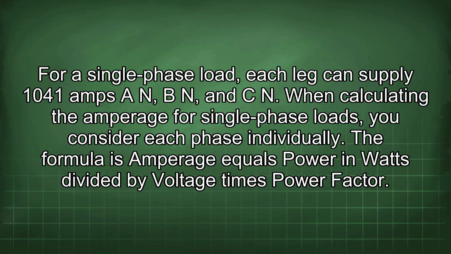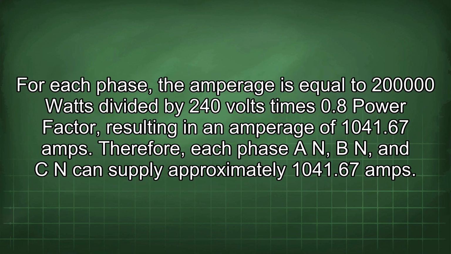For a single-phase load, each leg can supply 1041 amps: N, Bn, and Cn. When calculating the amperage for single-phase loads, you consider each phase individually. The formula is amperage equals power in watts divided by voltage times power factor. For each phase, the amperage is equal to 200,000 watts divided by 240 volts times 0.8 power factor, resulting in an amperage of 1041.67 amps. Therefore, each phase N, Bn, and Cn can supply approximately